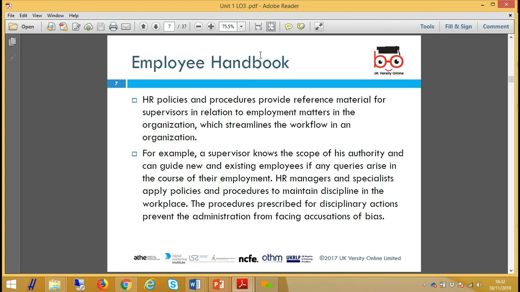So then we now talk about the employee handbook. When we talked about the contract of employment, I mentioned that in reality, we don't like this contract of employment to run into 100 pages or 1,000 pages. It has to be a concise document, right? So not everything can be in the employment contract. Therefore, the courts claim there are something called implied terms, things we can imply even if they are not written.